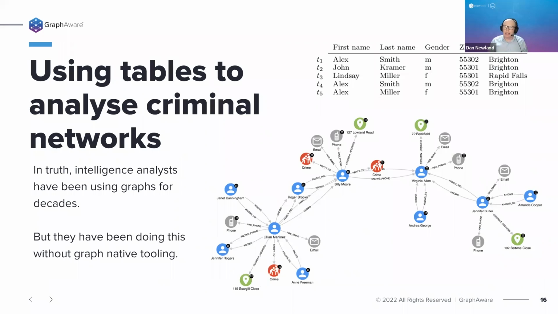The third one is using tables to analyze criminal networks. As I mentioned at the start, link analysis has been using relational systems for decades now. I2 Analyst Workbench is a great example. It has a relational backend store with a graph visualization tool over the top of it. So we're using rows and columns to analyze networks and graphs, which becomes a real challenge for a